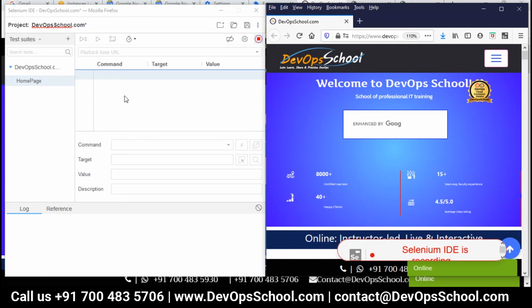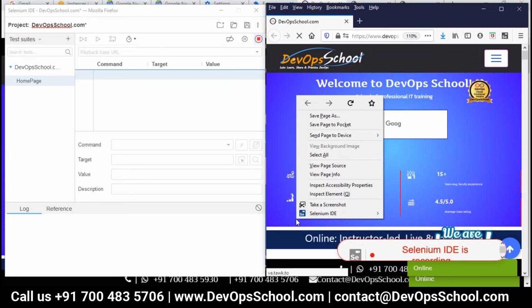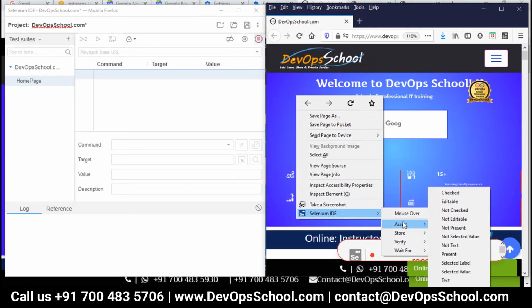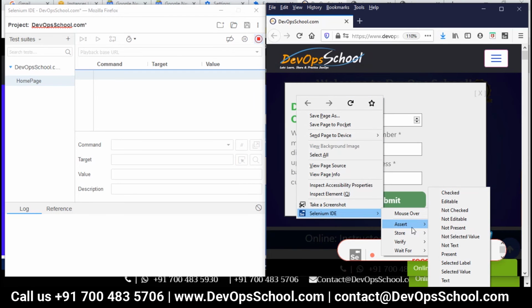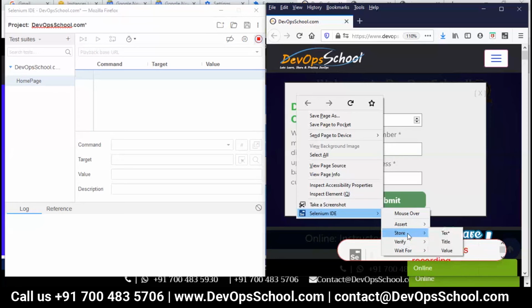See, recording is in progress. So I open up this website. So what do you want to do? If you right click here, you see here Selenium IDE, and you can see so much information here. Assert. What is assert? You understand the assert. Verify. Wait for. In fact, in this edition, store is also there, and mouse over.